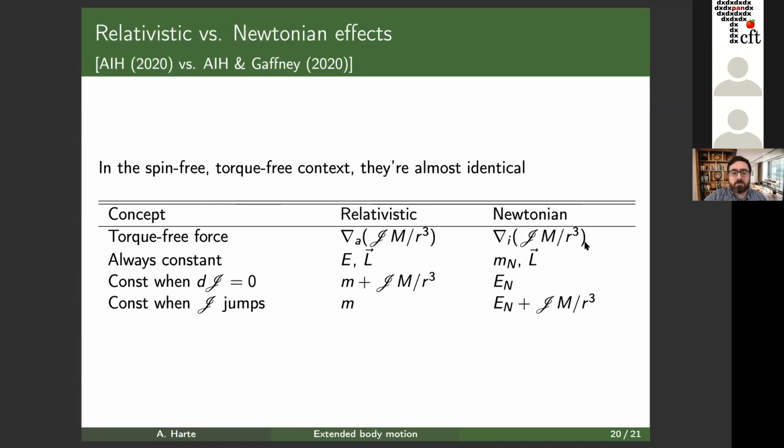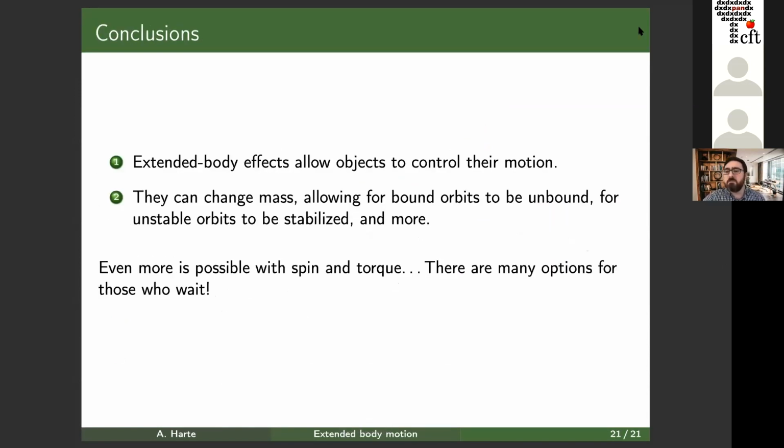So I think I will skip that last slide and just go right to my conclusions. To summarize all of this, this is, if you like, a fun problem, but it indicates what is allowed by the laws of physics. And you might wonder, what does this imply for the possible motions of naturally occurring bodies as well? Of course, they're not going to be as extreme as the things I was talking about, but you can get less optimized versions of these effects that might occur in nature, or can occur in nature in some cases.